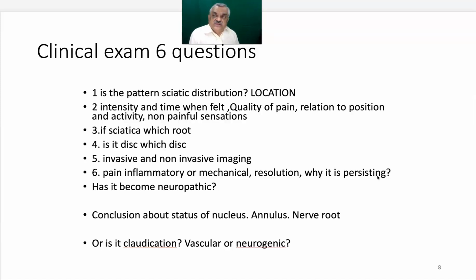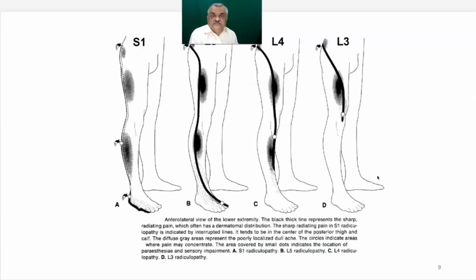If it is claudication, where the patient says, I am unable to walk beyond a certain distance, or I have to limp after walking a certain distance, then we need to ask the question: is it a vascular cause or a neurogenic cause? Now, all of us know that there are certain core areas which are supplied by respective roots. And if we look at the anterolateral view of the lower extremity, the black thick line represents the sharp